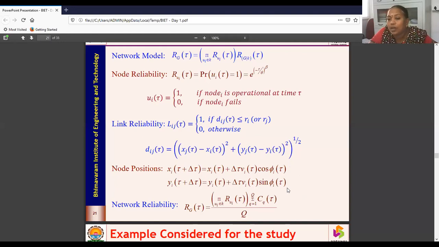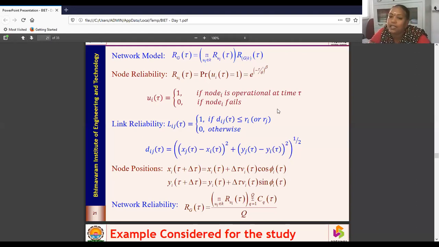Once the next locations are generated, again you need to check whether the nodes are active and find out which nodes are active, and then try to generate the link locations. And once you generate the link locations, next link existence, next you go in for generating your connection matrix, which I showed in the previous slides. And after getting the connection matrix, you need to check for the connectivity.